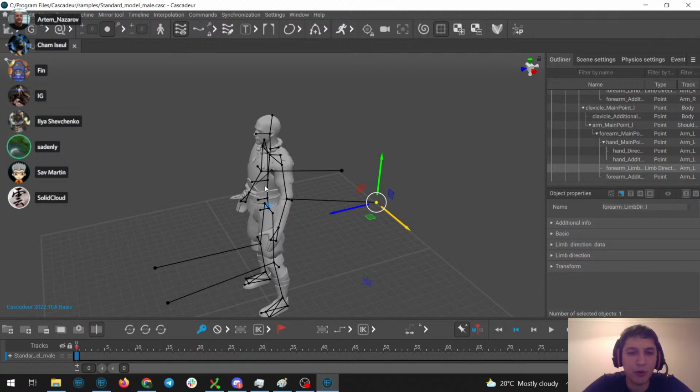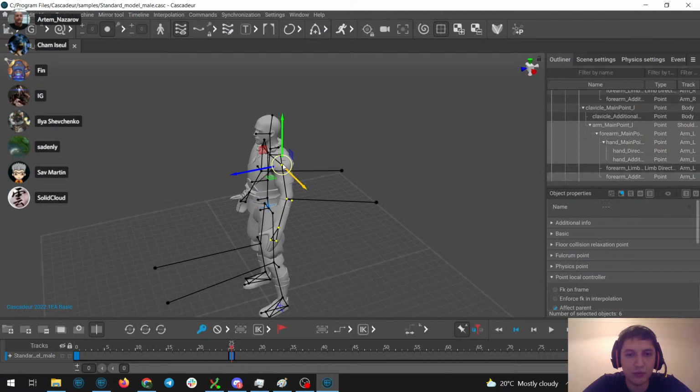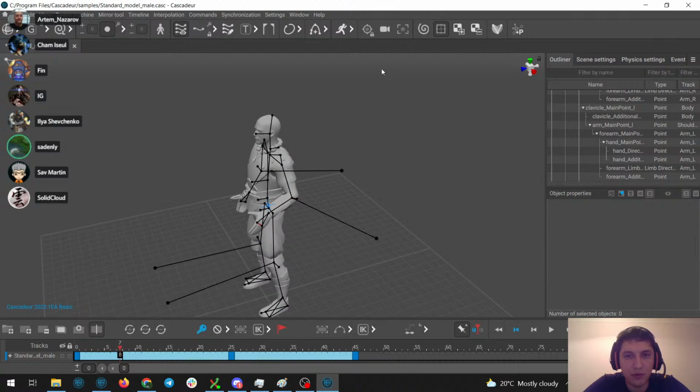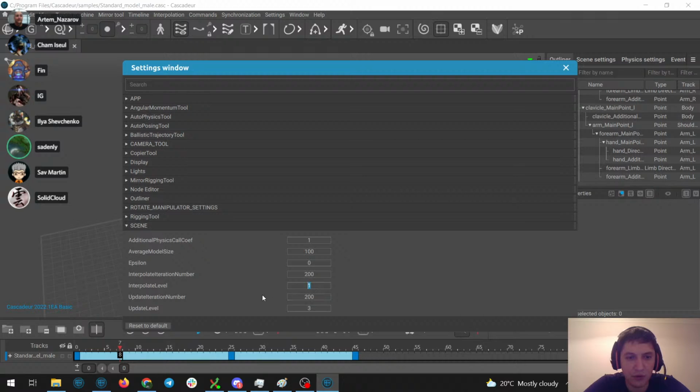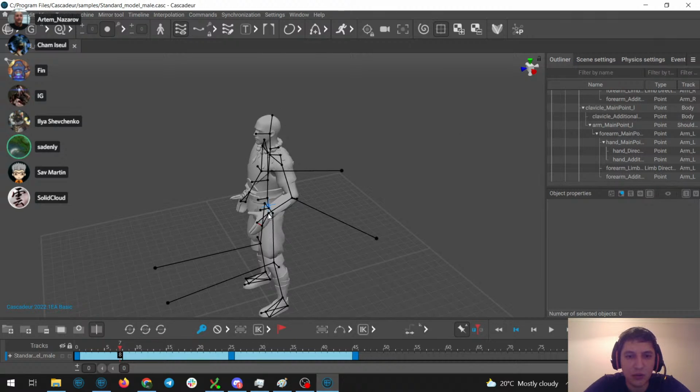The obvious problem with this is that if you have, for example, your arm going here, then here, and you turn on interpolation, then if you look, let me turn interpolation back on.